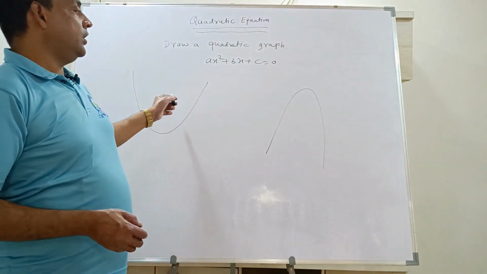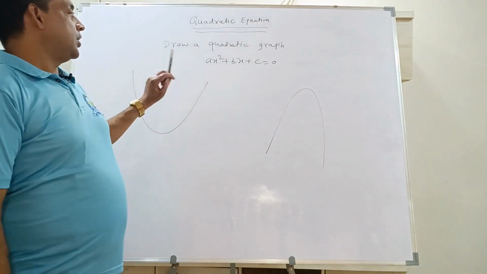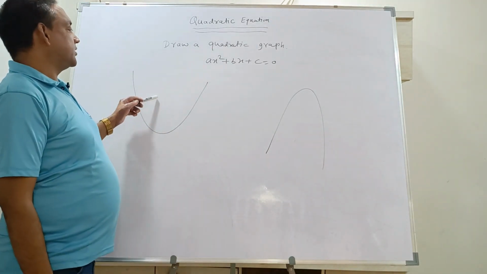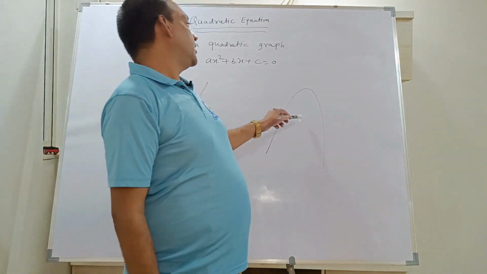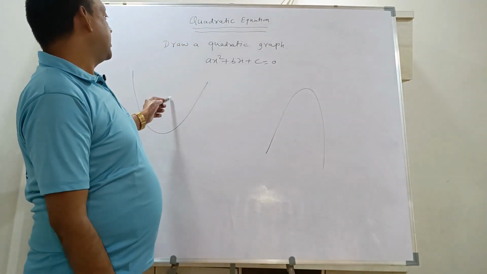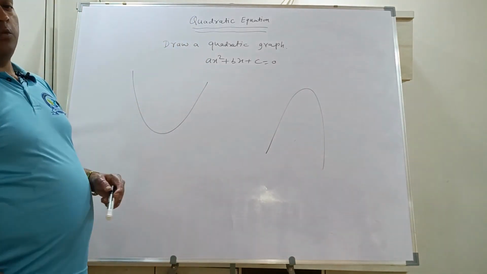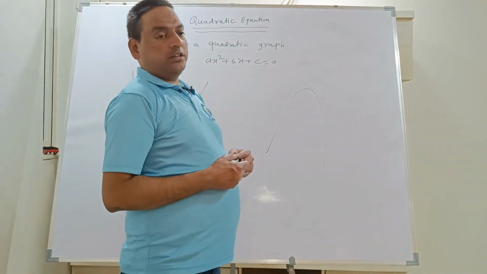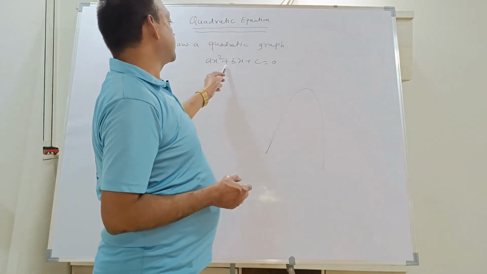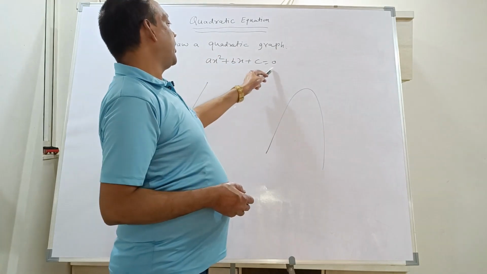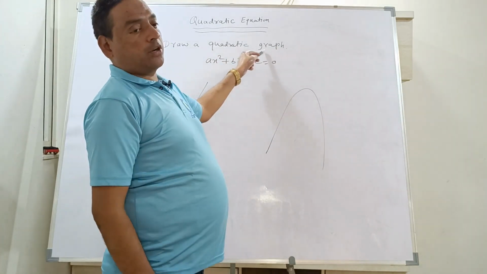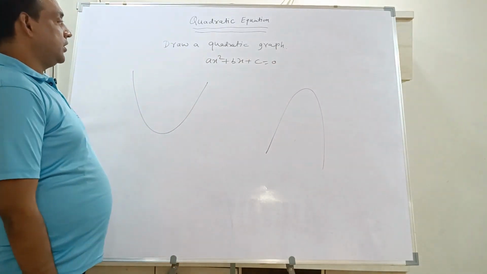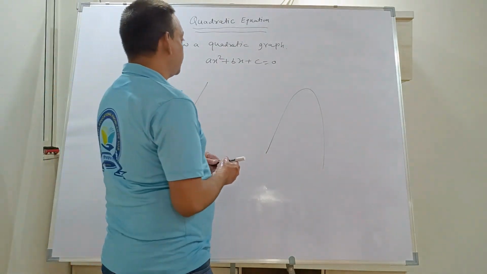Okay, parabola, hyperbola, or, for simplicity, some teachers say this is the happy curve and this is the sad curve. So which graph will you get as a parabola and which as a hyperbola? From the equation, how do you identify whether it will be a parabola or a hyperbola? Very simple concept here.